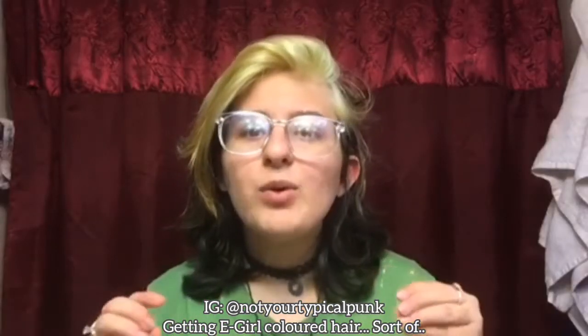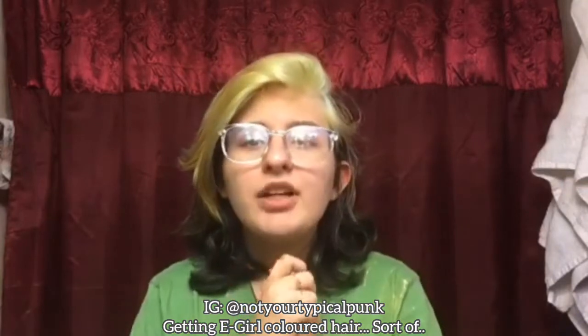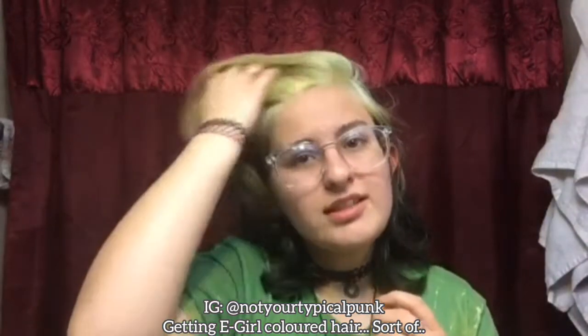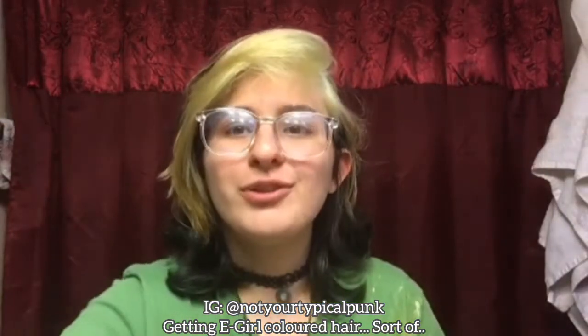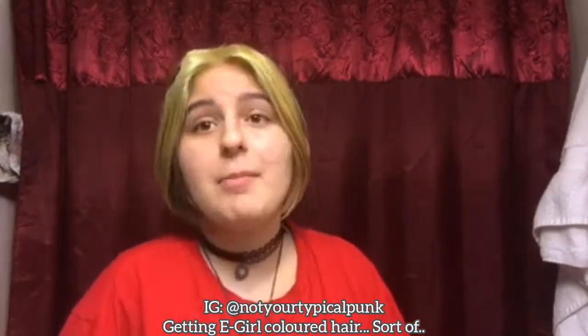Now once again, I'm going to give my hair a few days of a break, and then I'm gonna go in again with a 20 volume to fully get rid of these greens and the yellow, and try and make it as light as possible but not burn my hair off. So I'm not gonna bleach my hair another time because I'm afraid it might make my hair fall out,